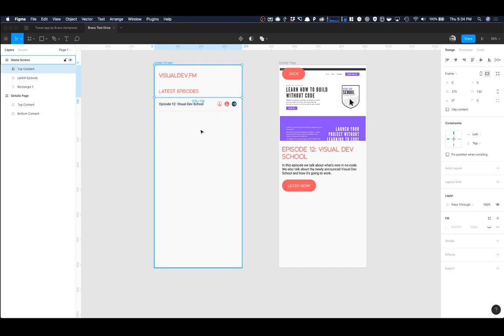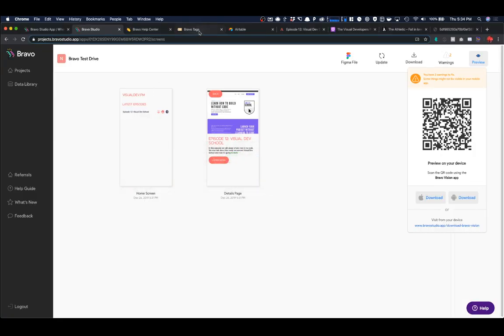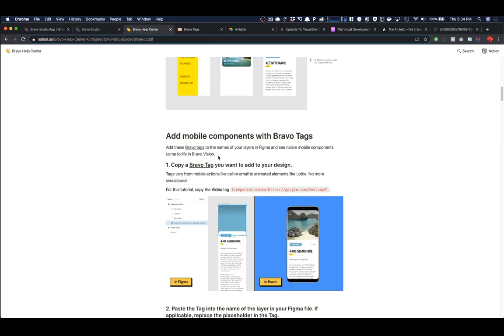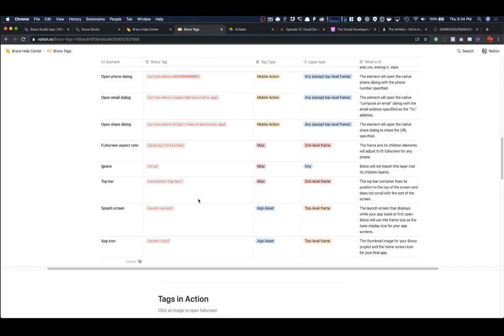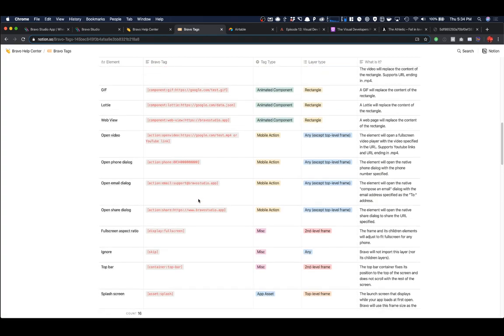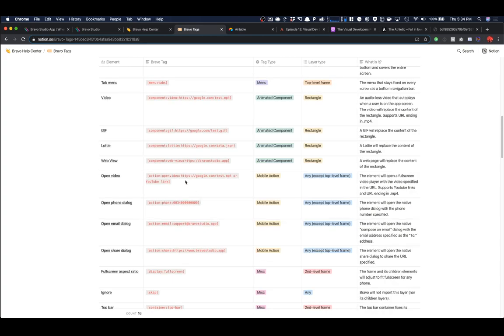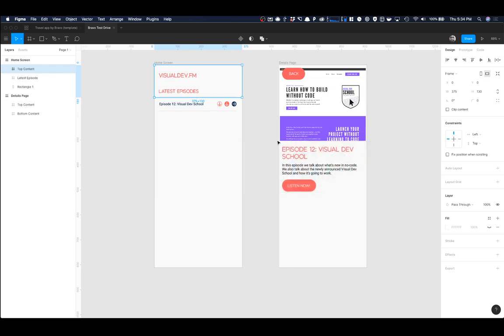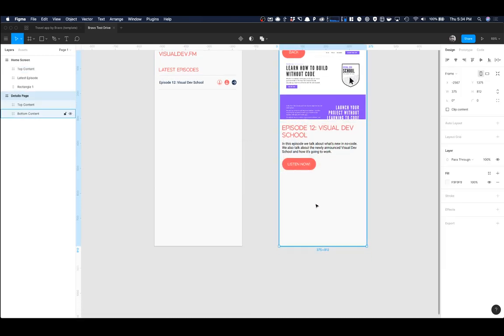All right, so I wonder if we can get a web view component going. So let's look and see what that looks like. So just a Bravo tags, component web view, Bravo Studio. Okay, so it just looked like this. A web page will replace the content of the rectangle. So I could copy this and use it in my design. So maybe on this screen, my details page,